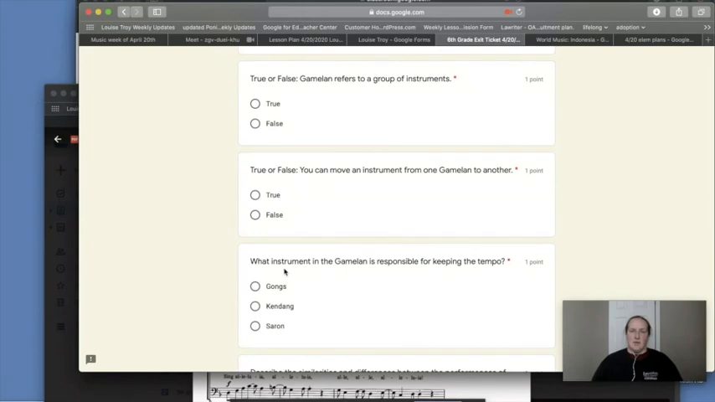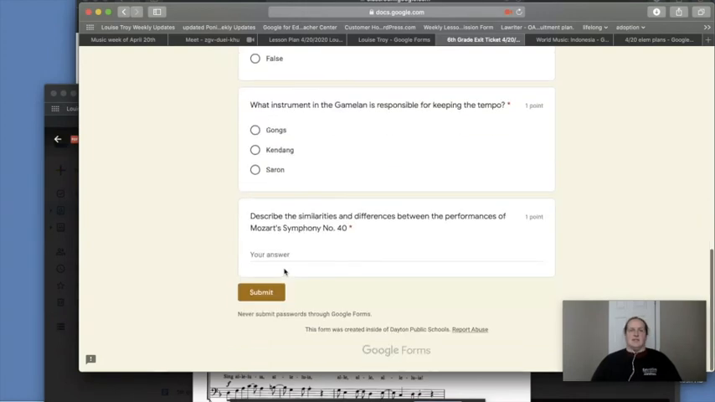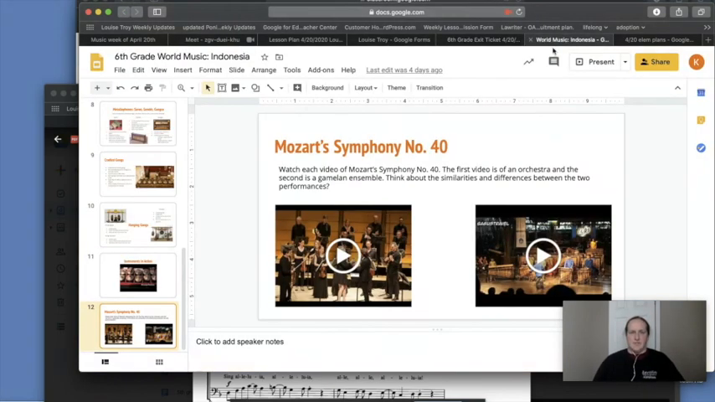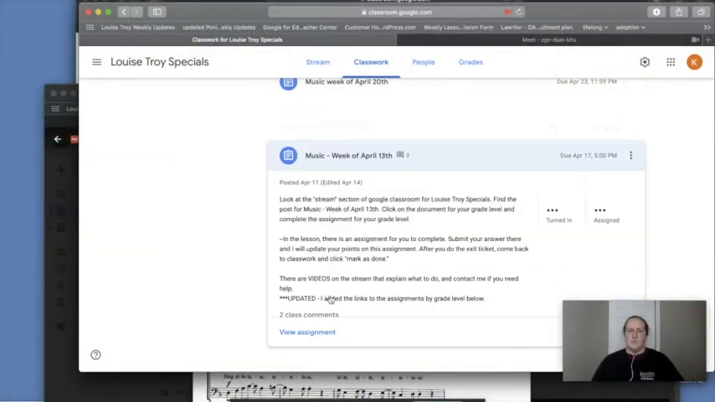Then it says what instrument in the gamelan is responsible for keeping the tempo. Then it says describe similarities and differences between the performances of Mozart's Symphony Number 40. That was that last one where I showed you down here that these 2 videos have the same song, but they have some different things about them too. So you have to listen for what's the same and what's different, and then type that into your exit ticket, then submit this week. If you didn't finish last week's work,